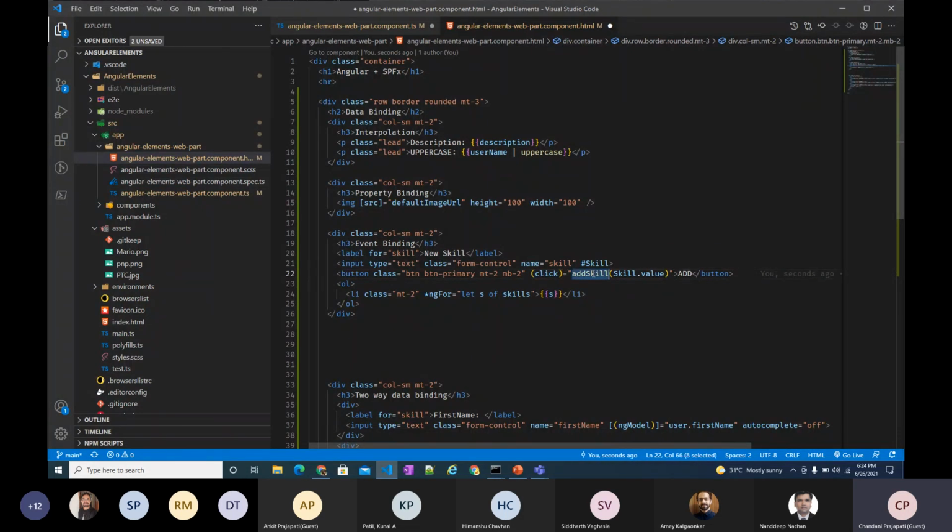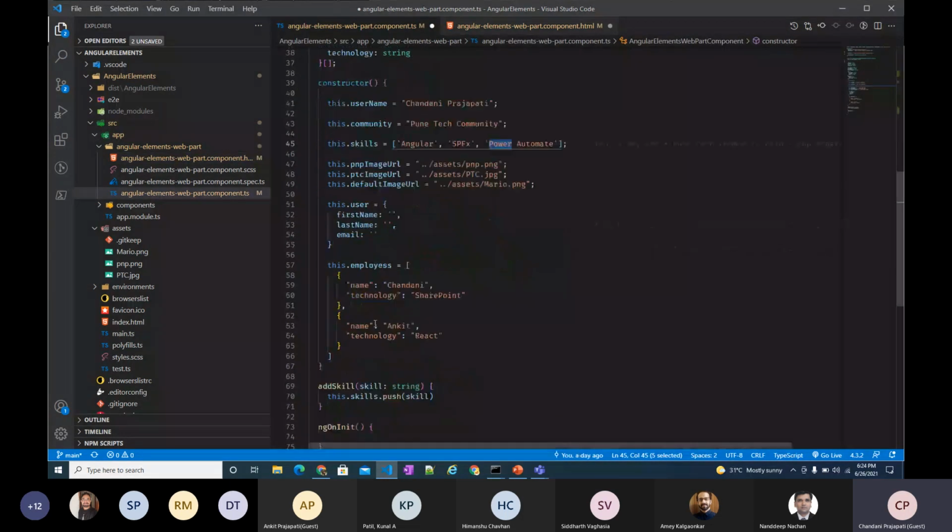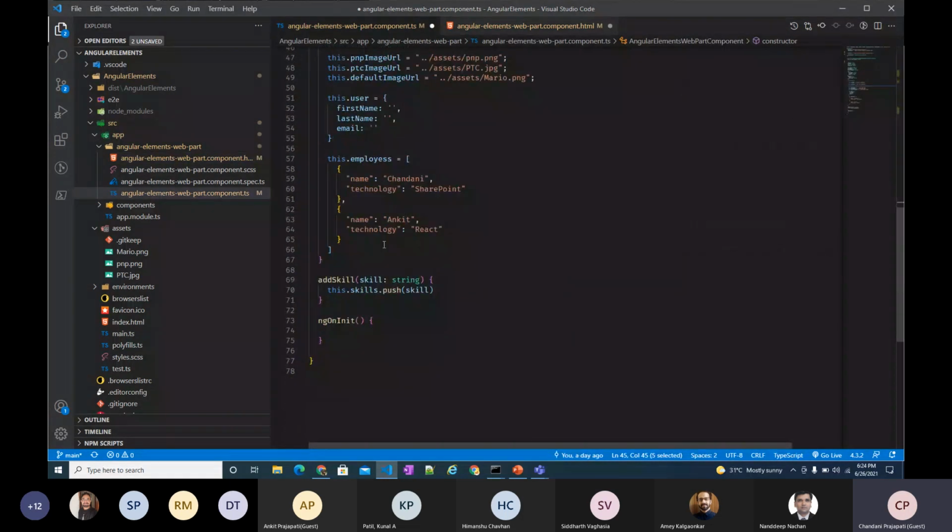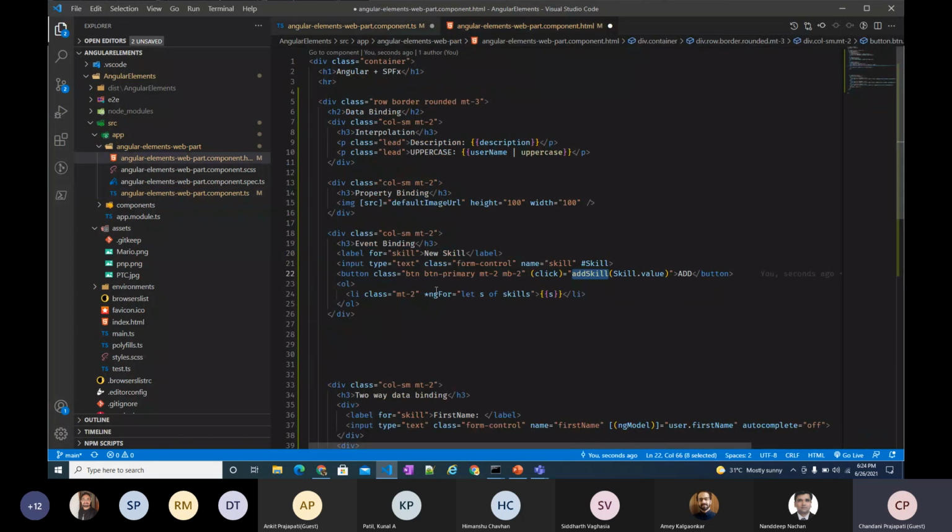Then I am calling one function, which I already created in this file. The addSkill function has one string parameter, and we already have a skill array. So I want to push this skill: this.skill.push, then this skill. So on click I am calling this function.